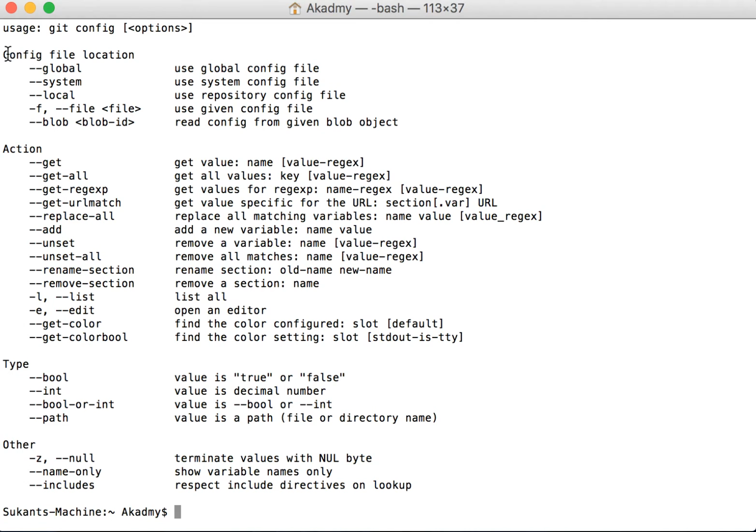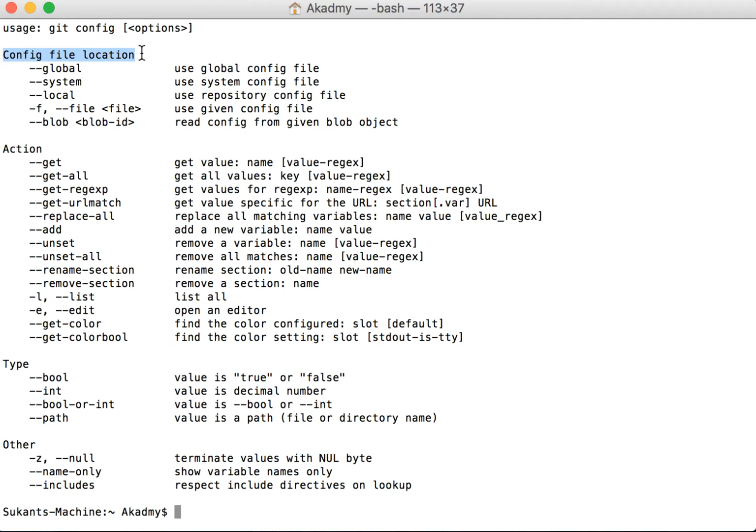Like we see the very first thing, the config file location. The config file stores information related to a particular user. So if you have a git account, you will also have a username and a password attached to it.